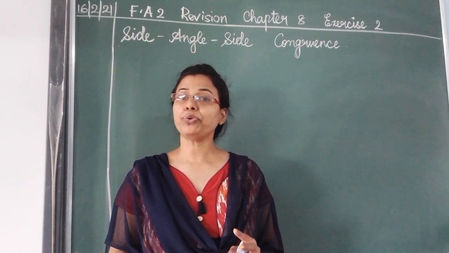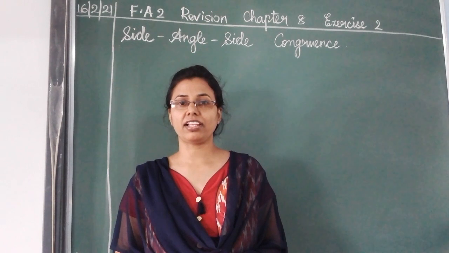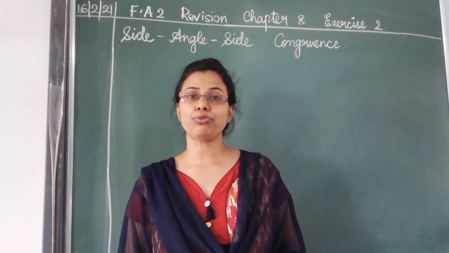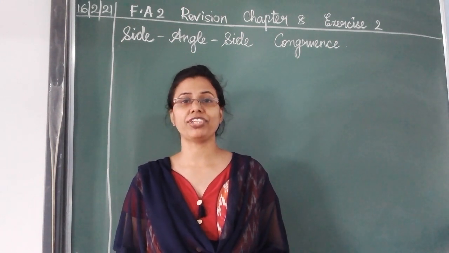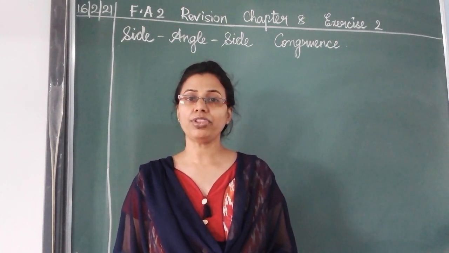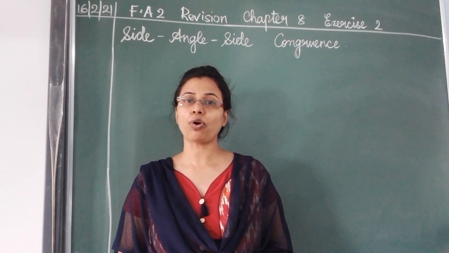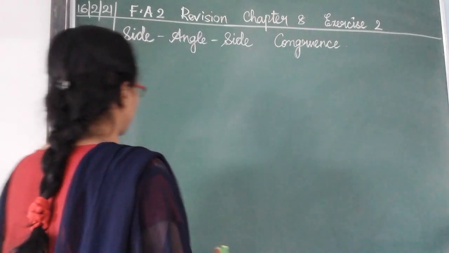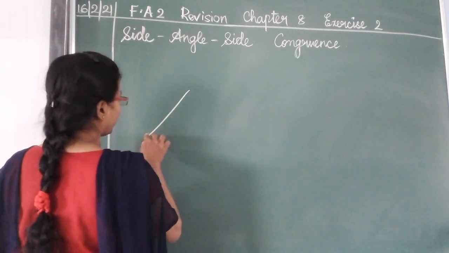If two sides of a triangle and the included angle are equal to the corresponding two sides and the included angle of the other triangle, then both the triangles are said to be in congruence. Understood? So let us look at a figure. So here,